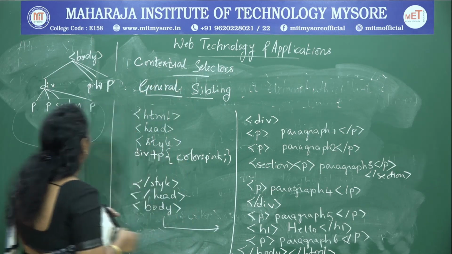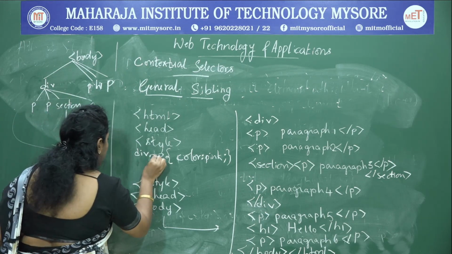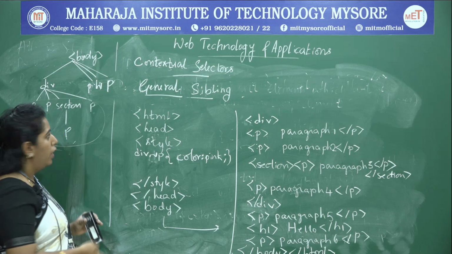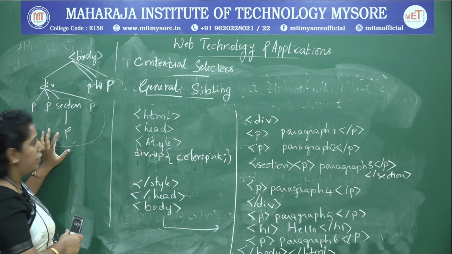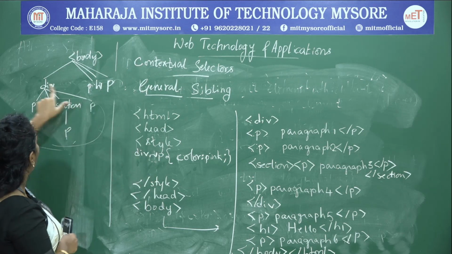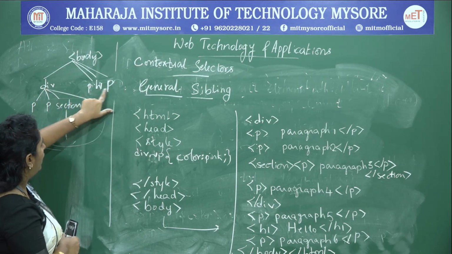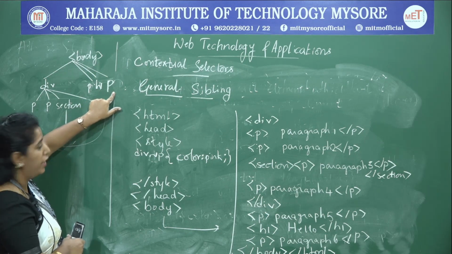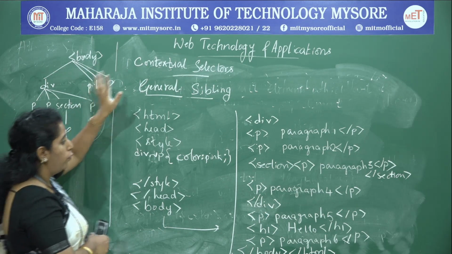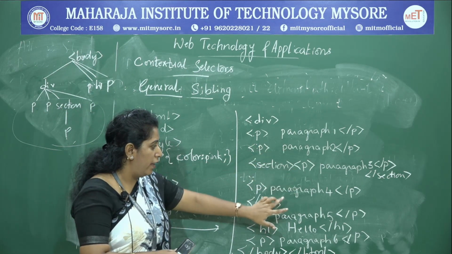General sibling means the symbol is changed here in this way. Now you look into the documentary. For div, the general siblings, so look for general siblings. I have P, H1 and P. So which are to be reflected? These two, right? So once you run this program, paragraphs 1, 2, 3 and 4